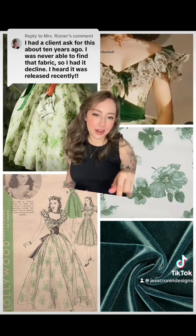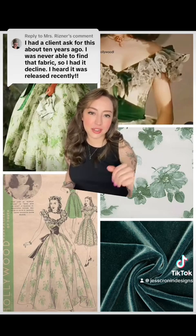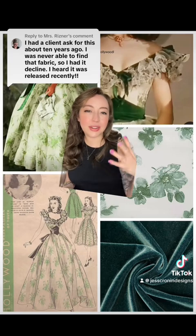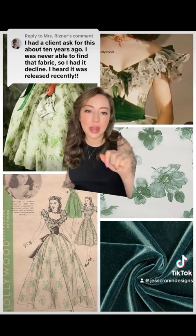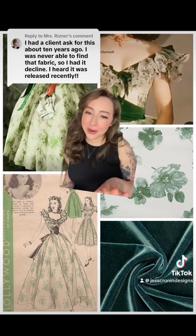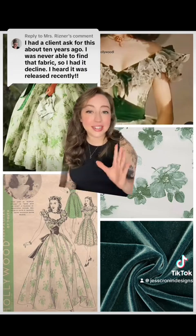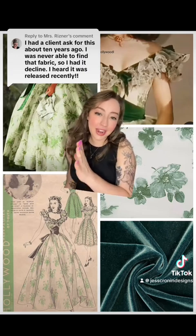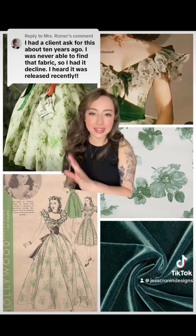I did buy 2 yards of this velvet. It is hard to color match. You know, I want to make sure that the color is nice. This here has a bit more of a Kelly green vibe, but this has a bit more blue in it, that's got more yellow. So I went with a velvet that had more blue in it. So we'll see how it goes when it comes in, but that was the choice that I made that deviates from the screen accuracy of the gown, but still puts us in this absolutely beautiful ethereal world that is